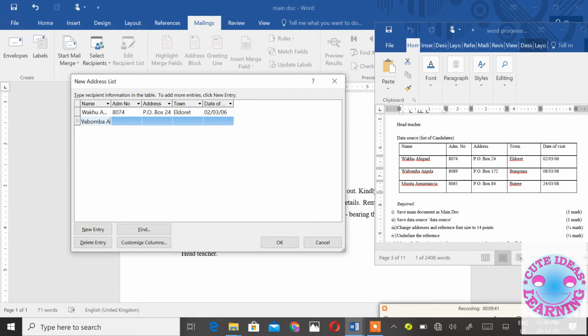We go to the next person called Wa Bomba Aniela, 8089, PO Box 172, Bungoma, then the date of visit will be 08/03/08. We have that person, it's called Musita